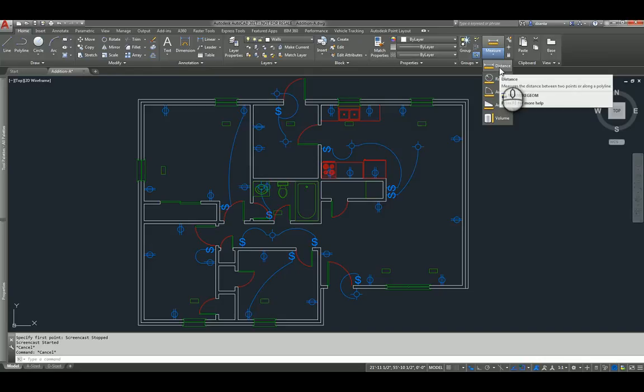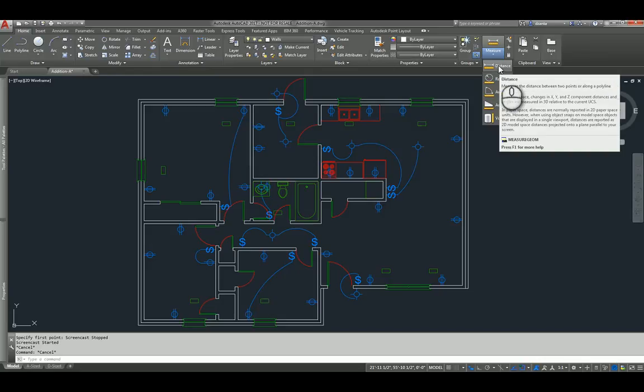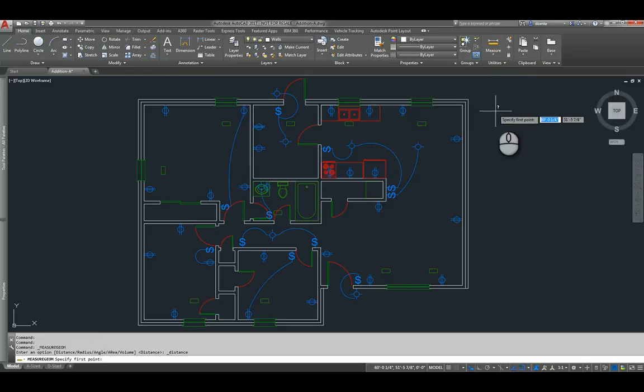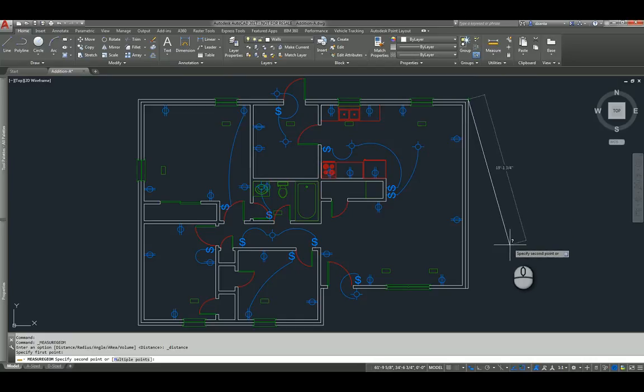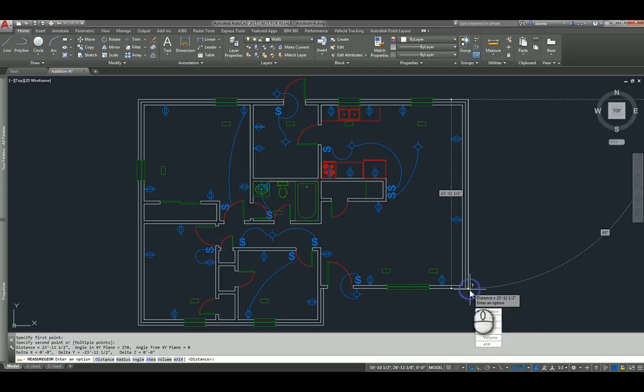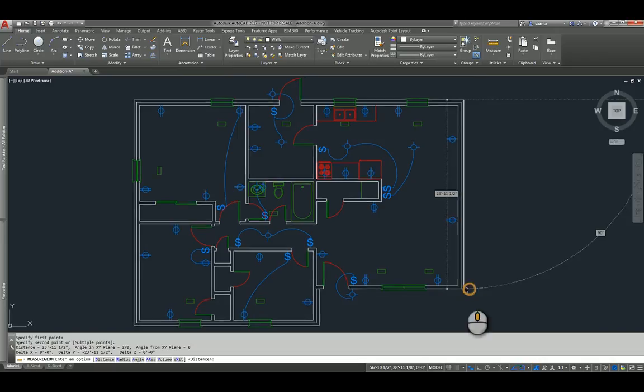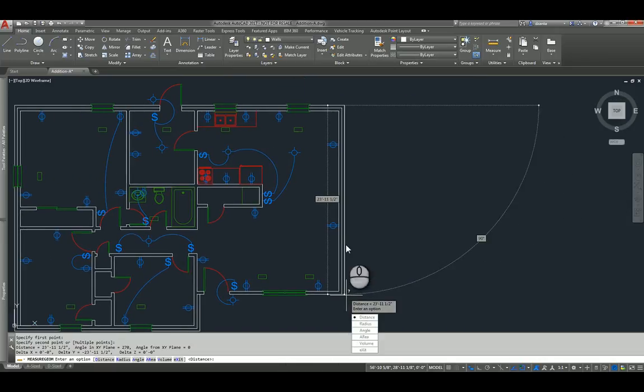So let's start with the distance command. Click the command, and it will ask you in the command line to pick 2 points. So we'll pick the first point. And if you have your object snaps turned on, it makes life a little easier. Click it, and as you drag your mouse, you'll notice that the distance is automatically showing. If I click another point, I'll get graphically on the screen that distance, 2311.5, but also you'll get the angle